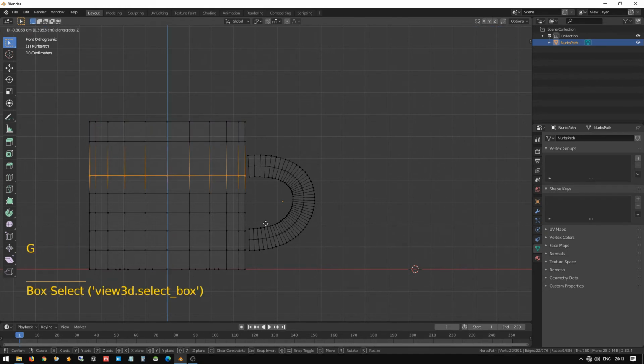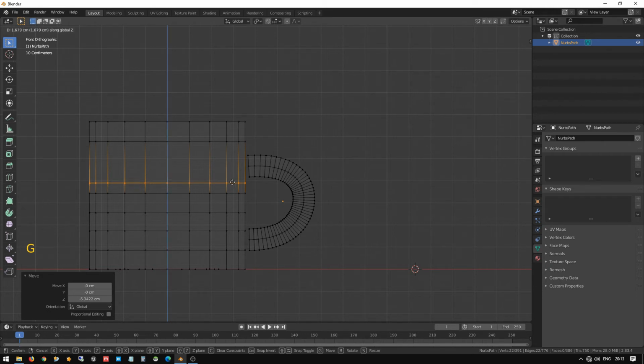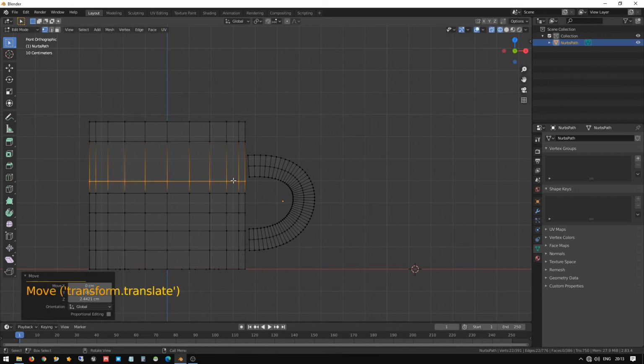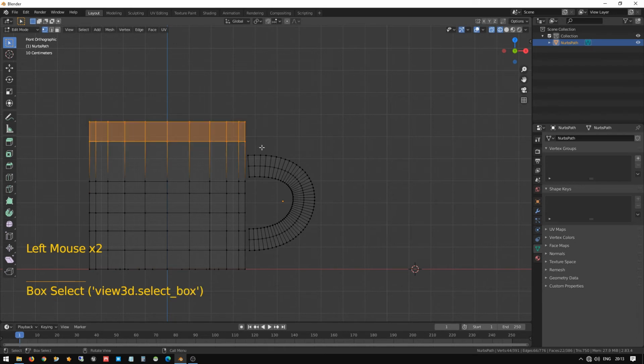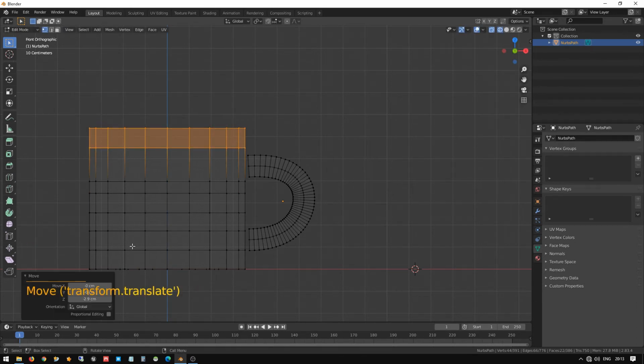So I select the third row and G Z, and I'm going to make it a little bit down for the same, and we are going to match this area like this, so it will be easy for us. So I think I have made it a little bit big. I just do this one, and I just make it closer for this.